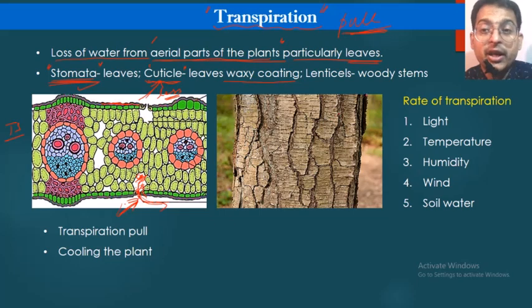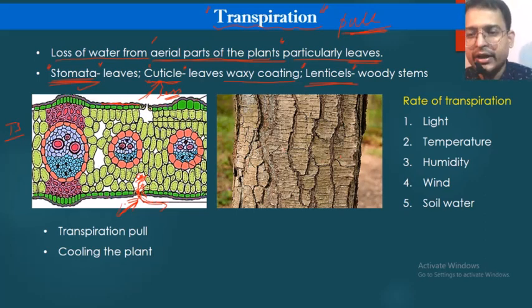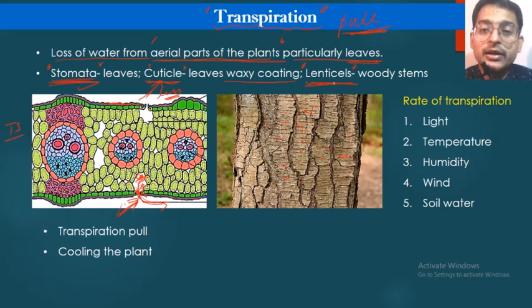Transpiration can also take place from the stem. What are those openings known as? They are known as lenticels. In the stem you may have seen some design-like structures. If you look closely, different stems show different designs. It may be a round structure, or sometimes horizontal. These fine openings are known as lenticels.